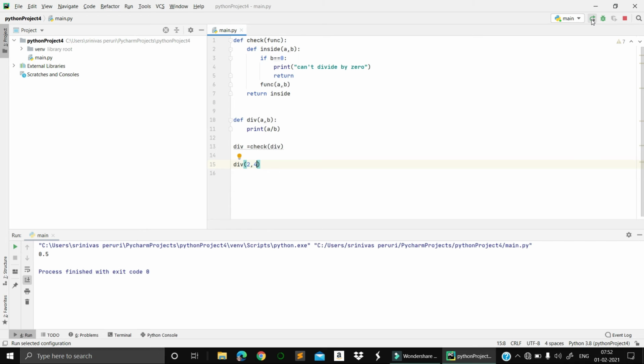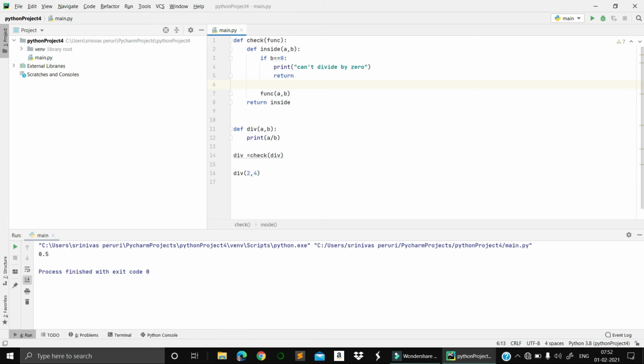And another thing I just want to check. In the same thing, I want to write inside the if block another if block. Irrespective of 2 comma 4, I'm getting 0.5, right? But I don't want that, whether a or b.